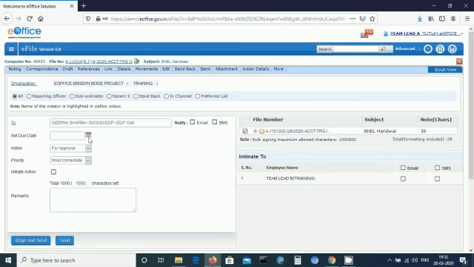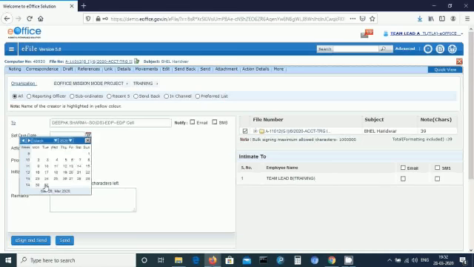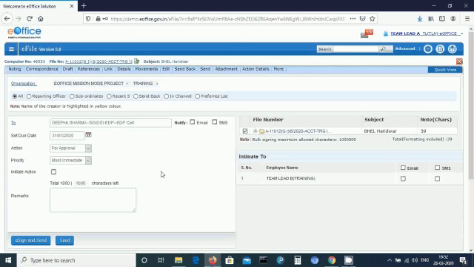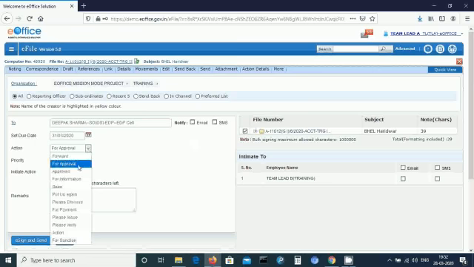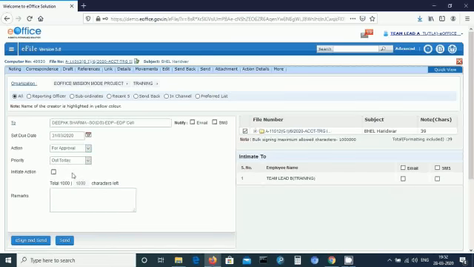If you want to set the due date, then a notification will come on the due date reminding you that you have sent a file for some purpose. The notification will come here. Action for approval. Priority, you can select the priority, out today. Initiate action: by selecting this checkbox, you are able to see the file moving from person to person. Now send this file.